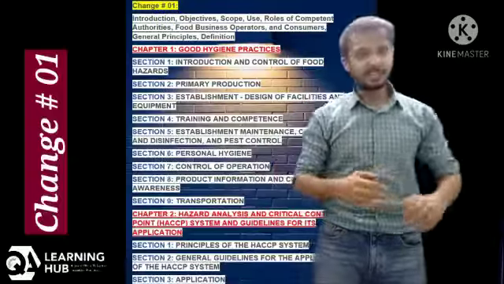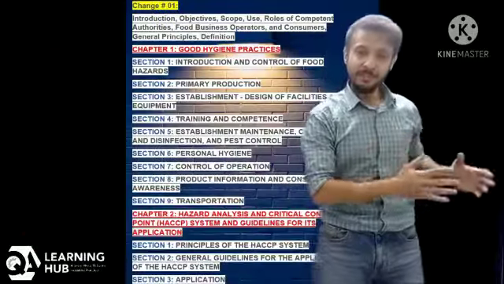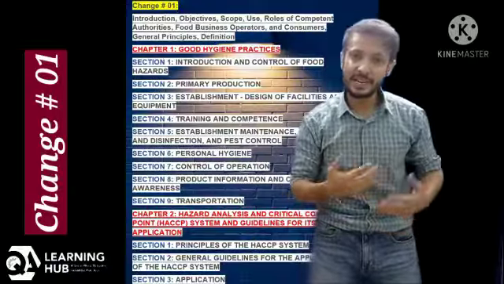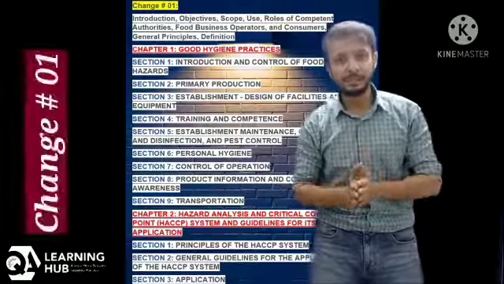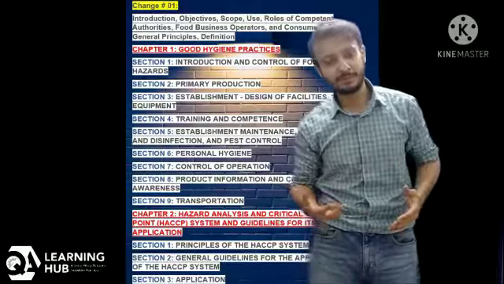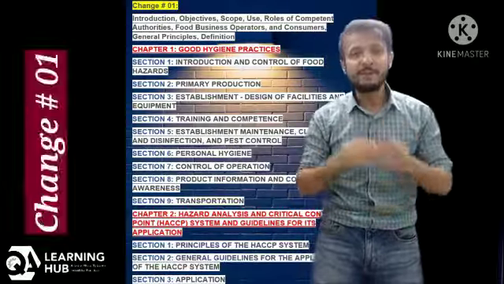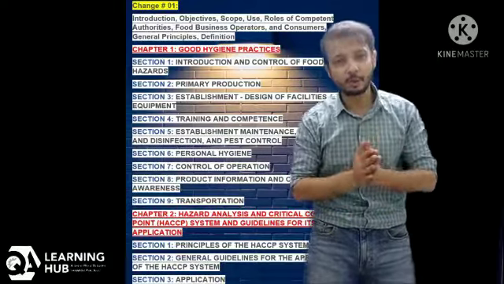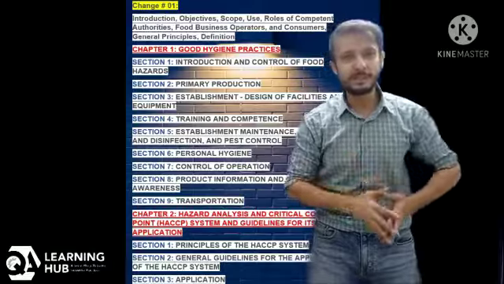Change number 1. This new version is structured in a more organized way. Previously, the HACCP standard had 10 sections and then certain annexures at the end, including the HACCP system, definitions and HACCP diagrams. Now in the new version, they have basic initial information including introduction, objective, scope, roles, general principles and definitions